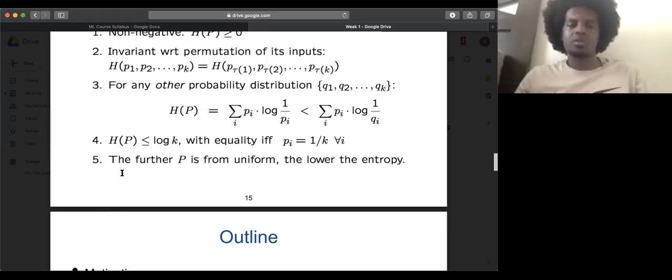So that's saying that the log of k would be greater than or equal to the entropy of the system, for some k. For some k, yeah, a very specific 1 over k. All right, for that ratio.